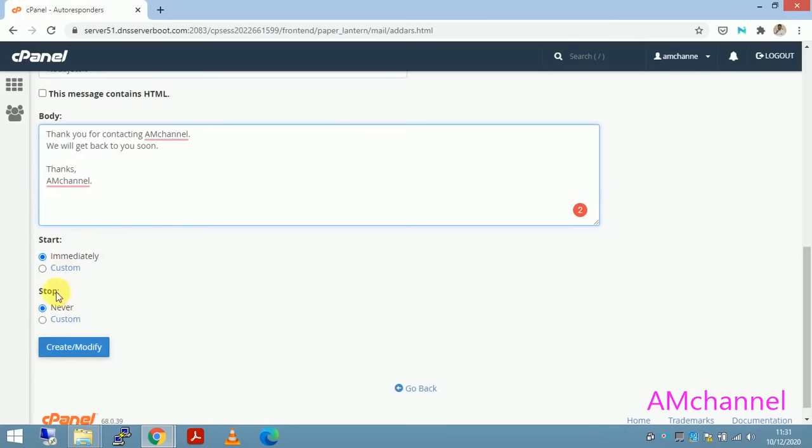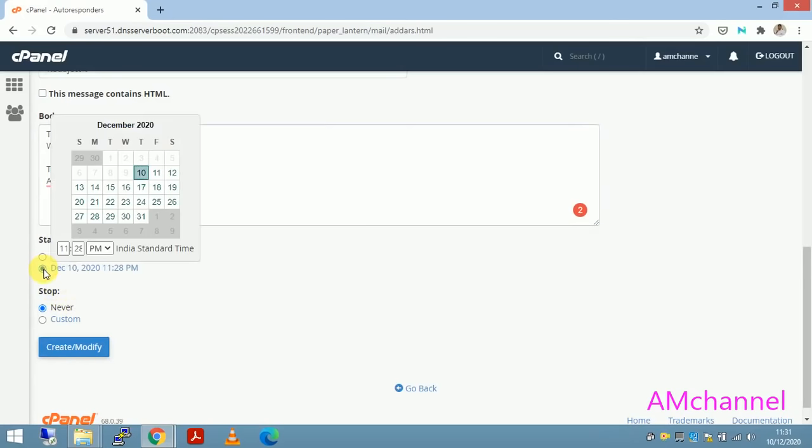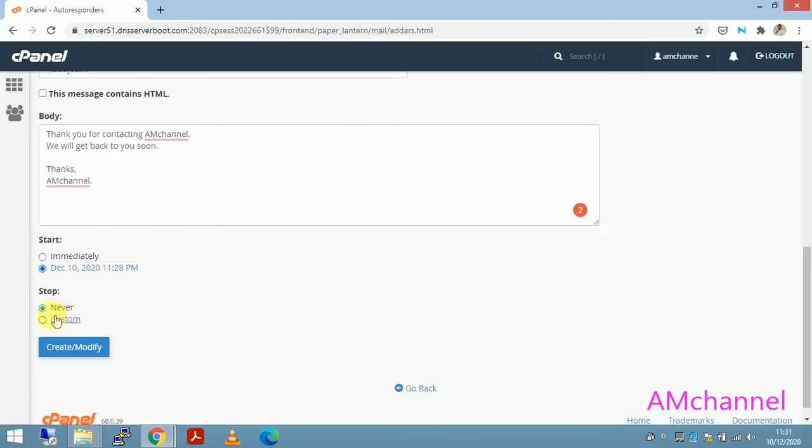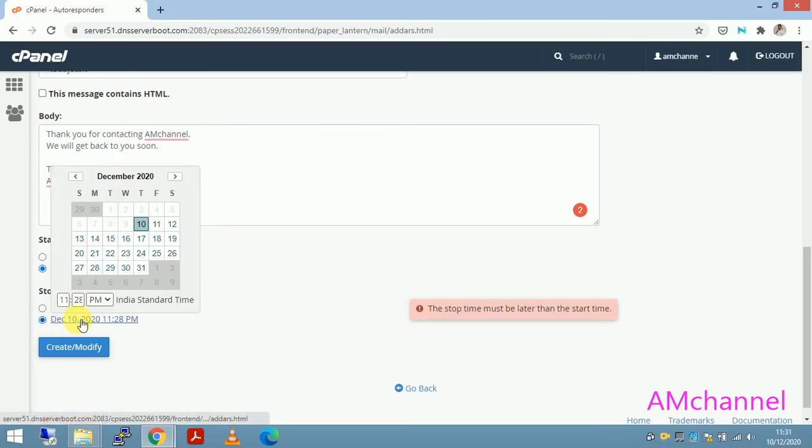Stop is never stop. Else you can customize this when you want to schedule these auto-responded emails. As well, you can stop these emails on specific days.